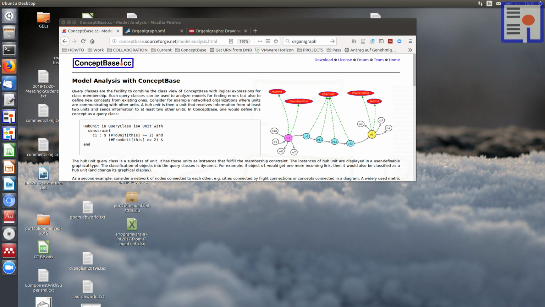Hello and welcome to a new episode on using the ConceptBase system for analyzing models. My name is Manfred Jeusfeld, and we have a look at so-called organization graphs that are graphical representations of organizations